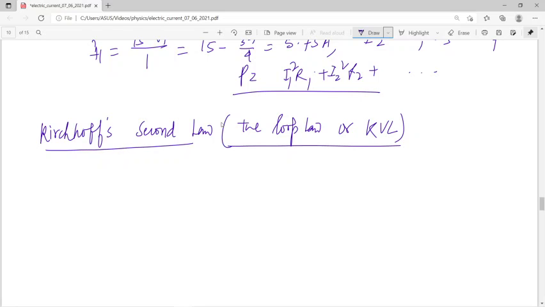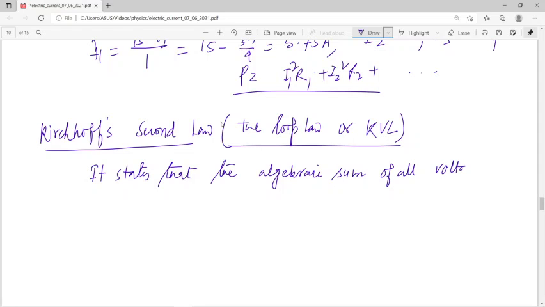It states that the algebraic sum of all voltages, that is the potential differences across all elements,